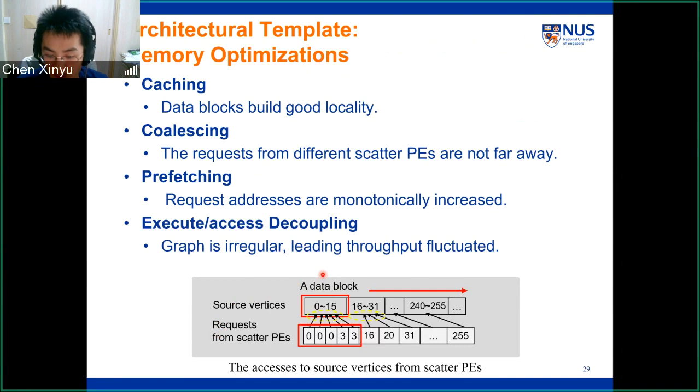Lastly, we also have execute and access decoupling, because graph processing is too irregular to have a very stable throughput. So the throughput sometimes just fluctuates. So if we have execute and access decoupling...